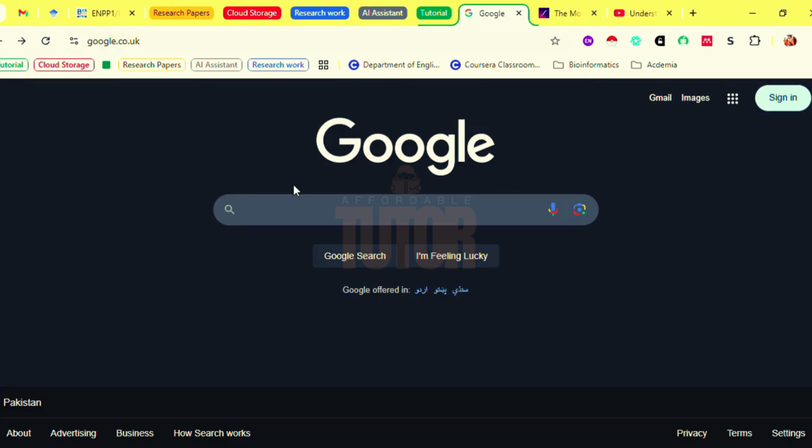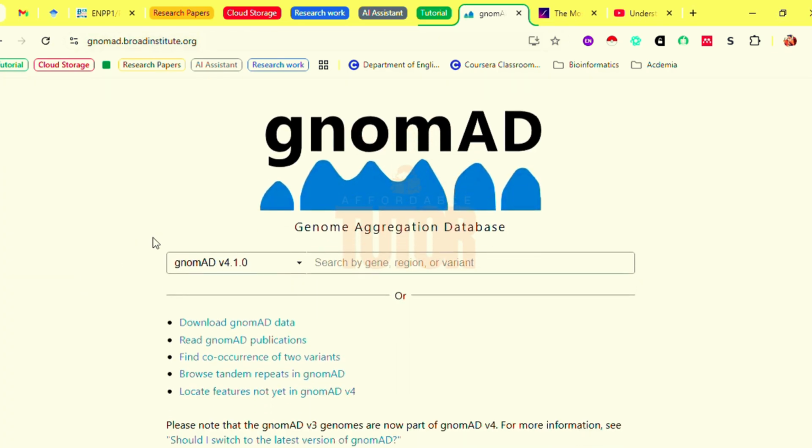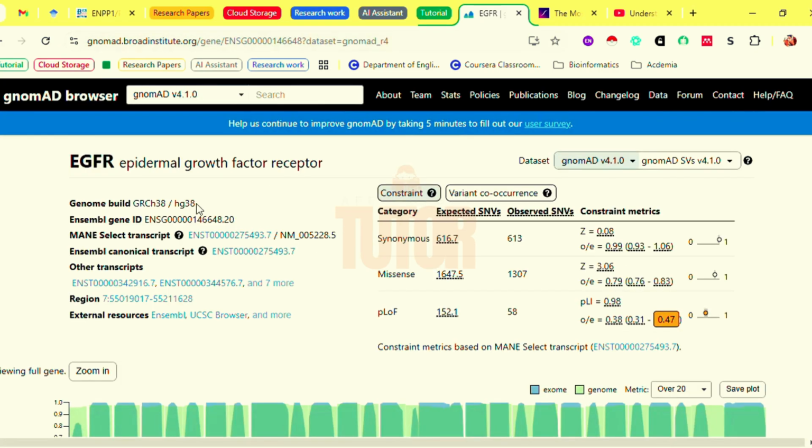So here we can search gnomAD, and here we have the first URL. We'll be using the default version that has been selected so far, and you can see we have different assemblies and different versions that depend on the type of research you're conducting. But here you can see in the search bar you can search through gene, regions, or variants. We'll be using gene EGFR, and we'll click on it, and here we have the information regarding our gene,